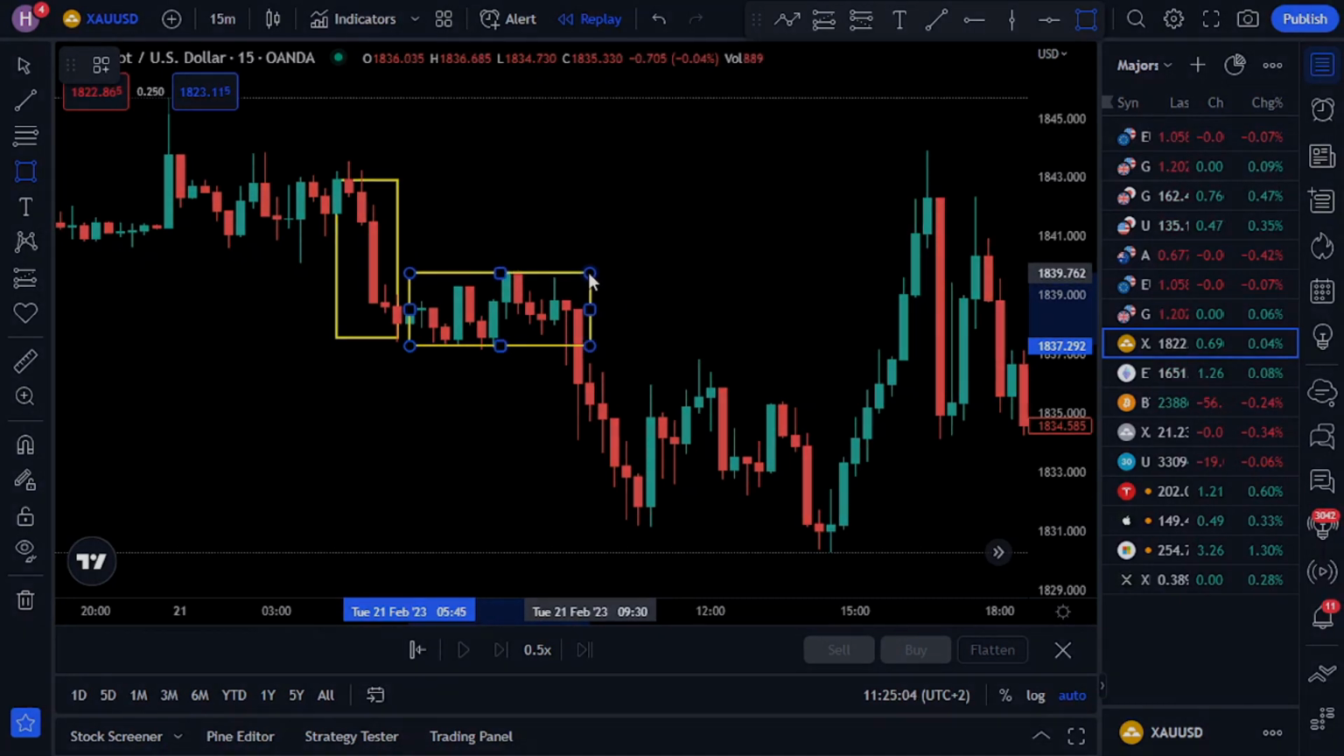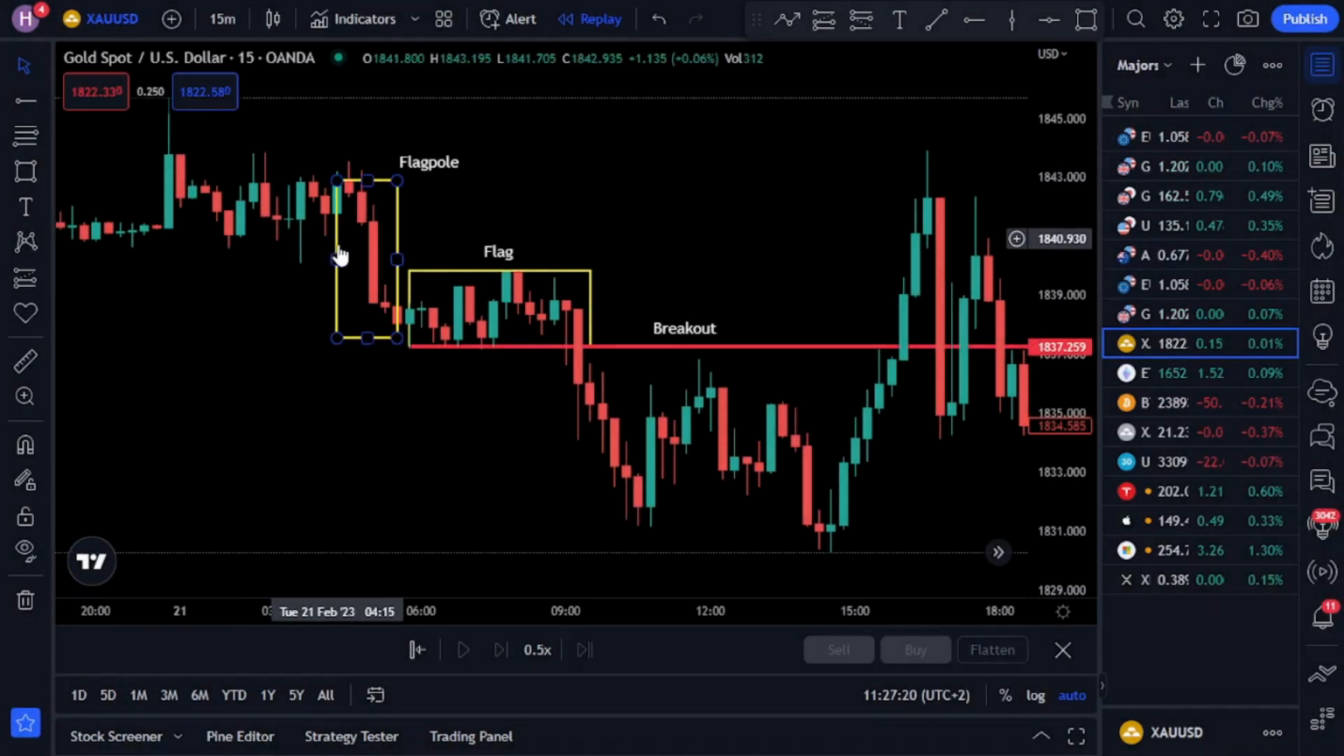Let's take a look at the key characteristics of a bear flag pattern. Number 1, the flagpole. The pattern starts with a sharp and sudden downward move in price, often with high volume. Next, we have the flag. After the initial move, the price consolidates in a tight range, forming a flag-like pattern. The flag is usually sloping upwards against the trend line. Lastly, the breakout. Once the price breaks out of the flag, it typically resumes the downward move, often with increased